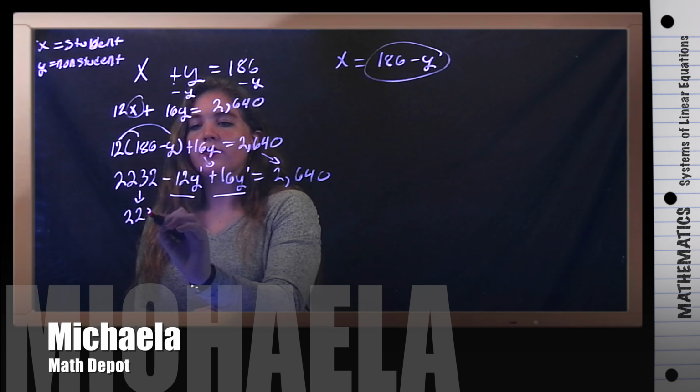Now, since we're isolating y, we want to subtract 2,232 from both sides. So 2,640 minus 2,232 is 408. And that's 4y equals 408. And we just want to isolate that y again, so we're going to divide by whatever y is being multiplied by, which is 4 in this case. So y equals